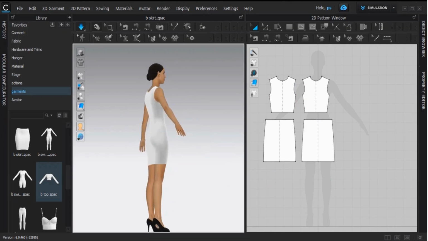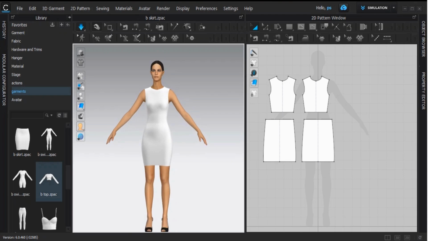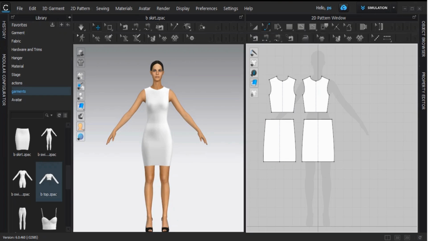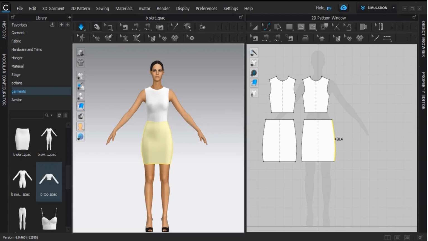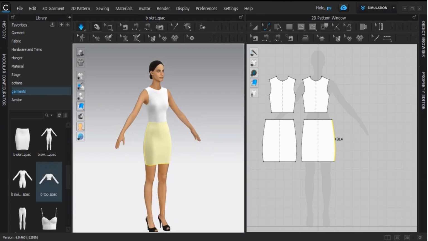I feel like it is a bit tight and just increase the curvature. Now the bodycon dress is